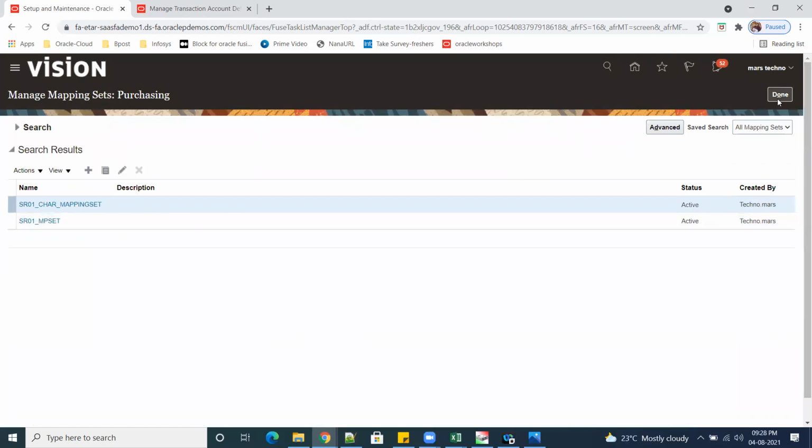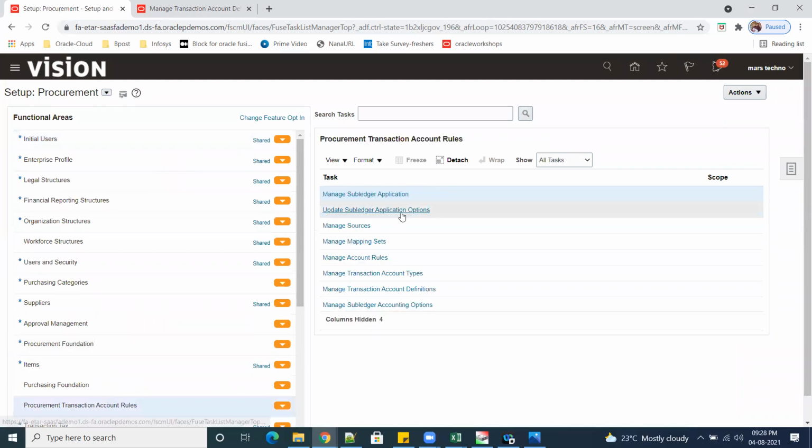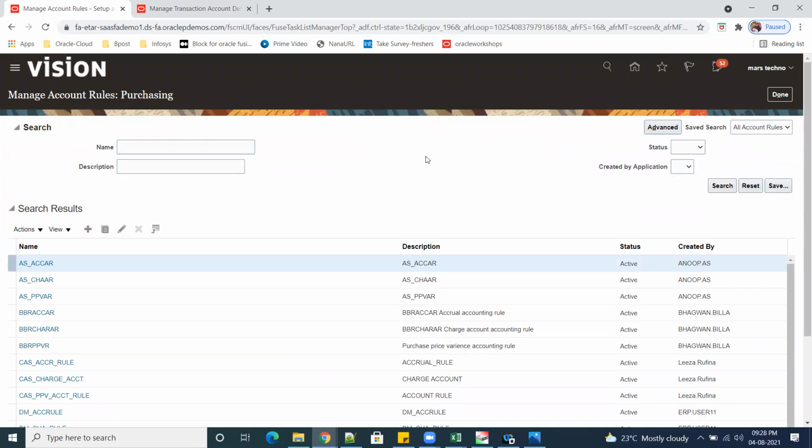You just add this one to the accounting rule. So again go here, accounting rule. I don't know, existing one will allow, mostly tries to allow.